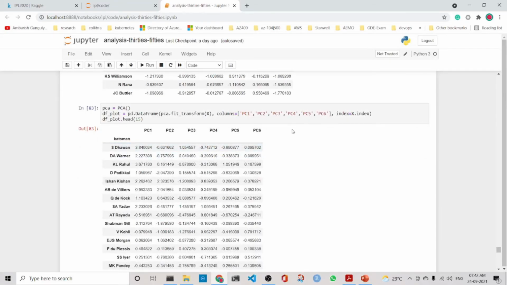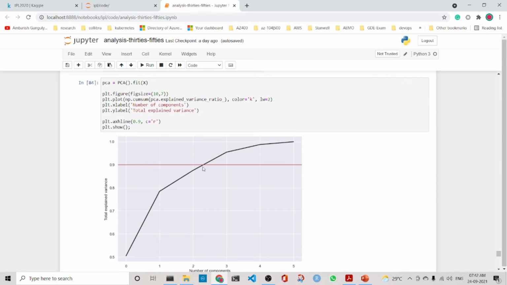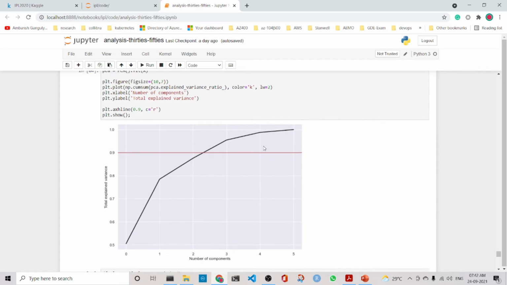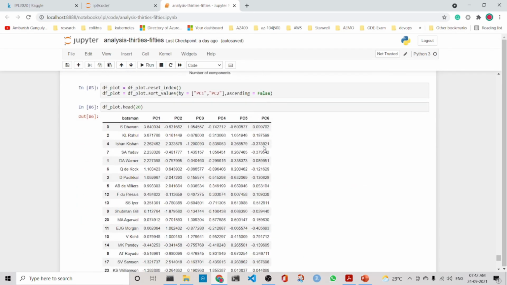There are 6 components, and we see around 90% is just a little bit more than 2 components. So 90% of the data is being explained by 2 components. So we will take only 2 components. That's the strategy. And then we plot the values in descending order by making ascending equal to false.